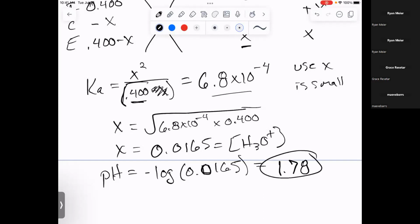And if we stop to think for a second, in terms of our pH scale, we started with an acid, right, HF. And in terms of concentrations, we started with 0.40 molar. That's a reasonably high concentration, honestly. If you start getting around 1 molar, that's a pretty high concentration for an acid. So we should expect a fairly low pH, right? Acidic solutions, your pH is under 7. Kind of the stronger the acids are and the higher the concentrations get, the lower that pH is going to get,